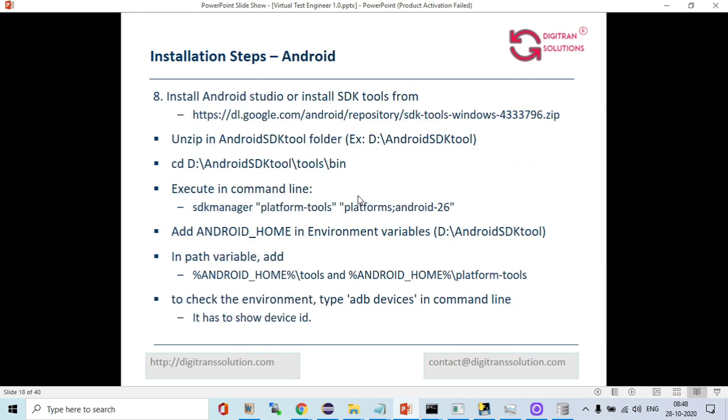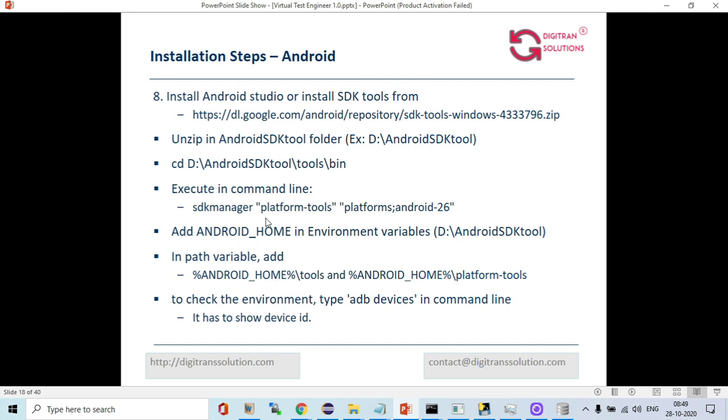Then Android has to be installed. You can install Android Studio, or take the SDK tool from the Android repository and install it. Once you download the SDK tool, unzip it and add the path. For example, ANDROID_HOME you have to set in the path variable.